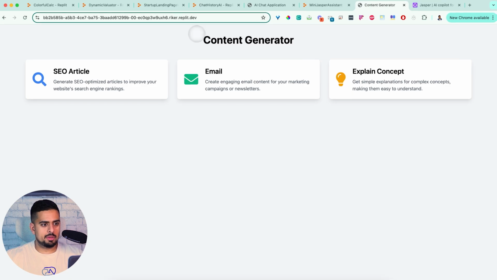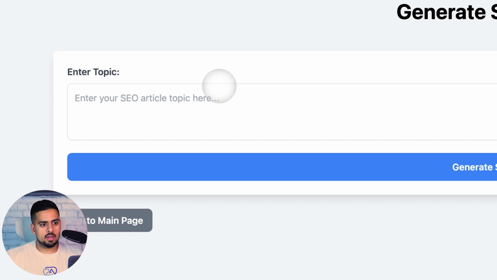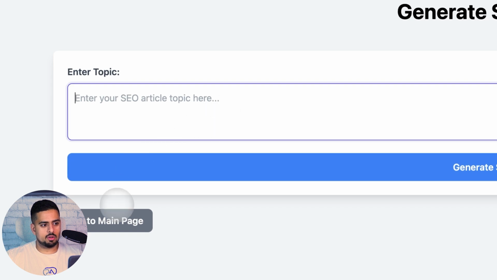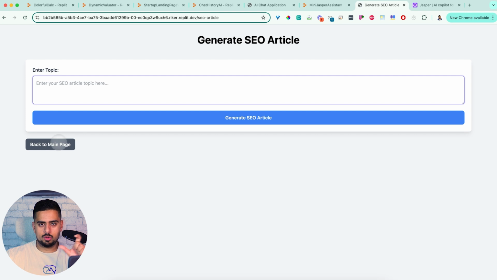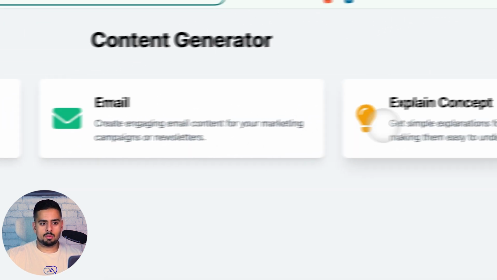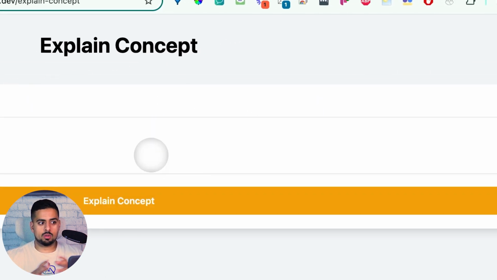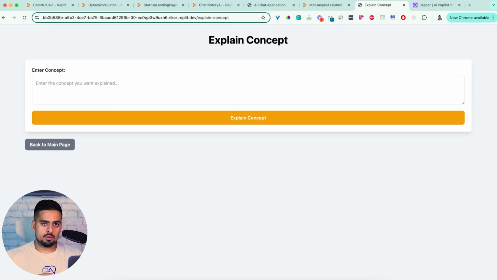So if we go to new tab here, you'll see that I've created 3 different tabs to kind of represent those cards that you'd find in Jasper. And when you click on each one, you can actually enter something. So if you go to this one and you could write something like a topic, it'll generate an SEO enriched article. If you go to explain a concept, this one I told it, hey, write an underlying prompt for OpenAI